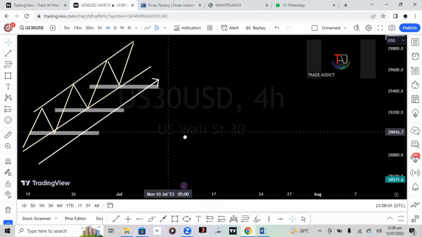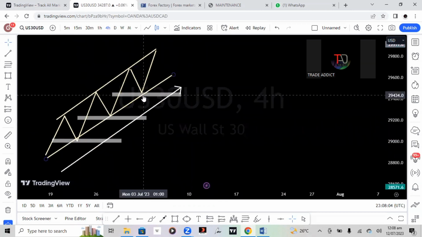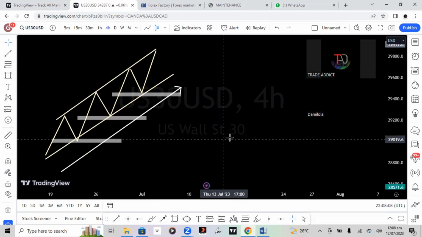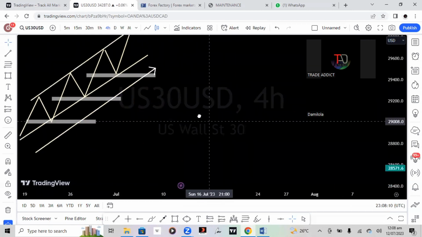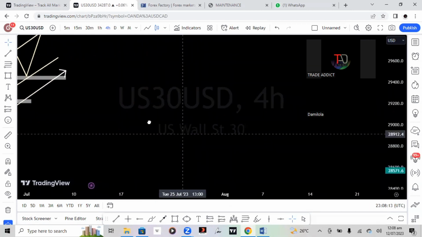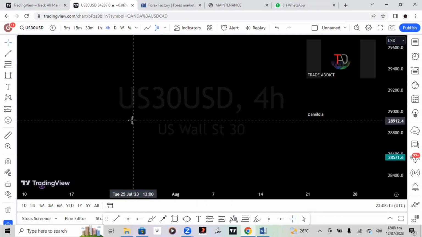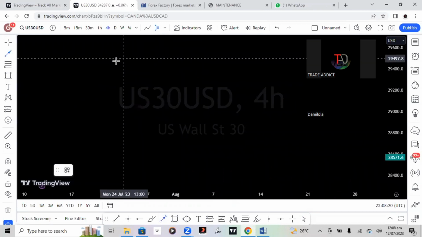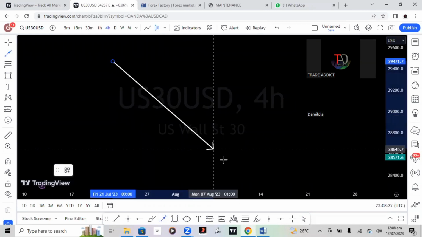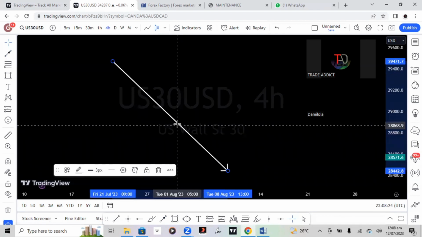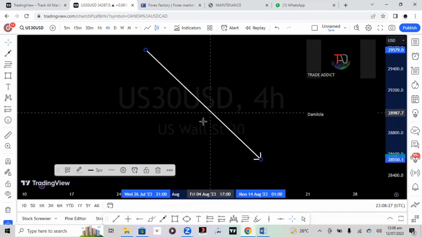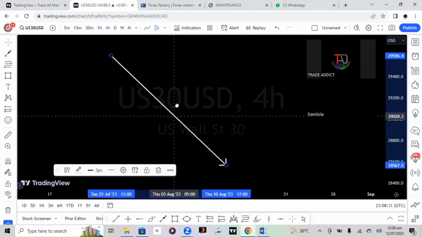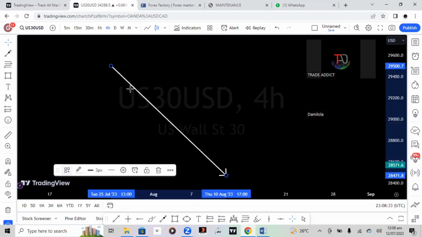Okay, so I hope you understand this one that I just did here, this uptrend movement. So now we'll move to the downtrend. A downtrend movement is a situation where price creates a series of lower lows and lower highs. At the end of the day, we see price pointing downward.